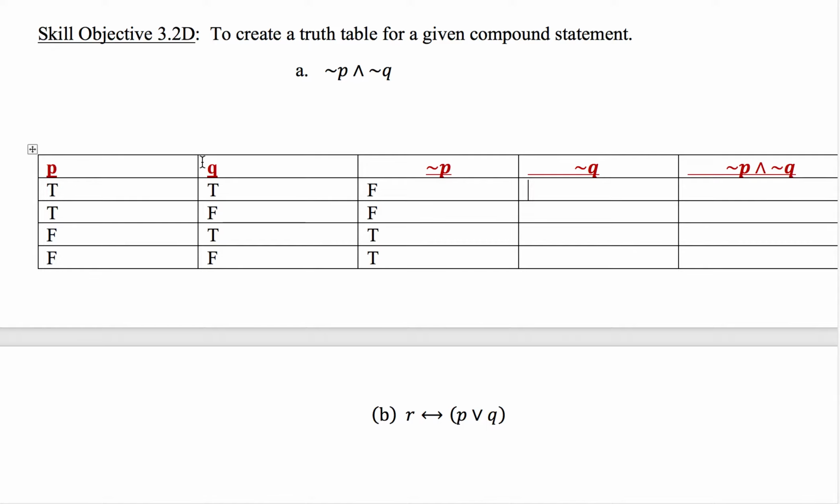Okay, now we're going to do it for the Q's. So here are my Q values. I'm going to do the opposite for the Q values. So what am I going to have there? The opposite of these. So false, true, false, true. Okay. All right, so now our last column, we're going to do the negation of P and the negation of